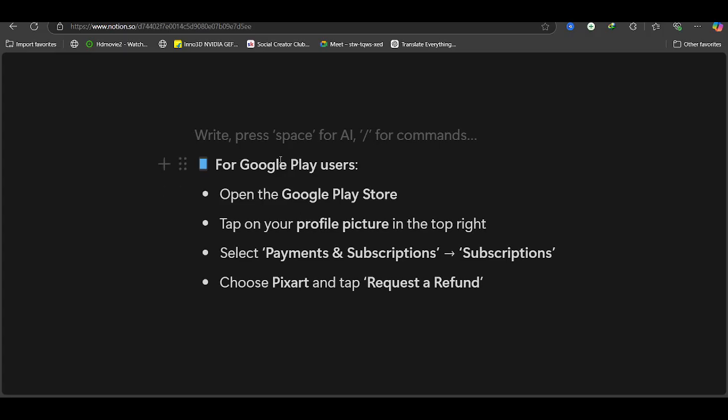But if you are an Android user, you can follow these steps. Open the Google Play Store and tap on your profile picture in the top right corner and select payments and subscriptions. And after that, you need to click on subscriptions, and there you will get to see the Picsart option, and click on that and request a refund. You can do this with the Google Play Store, and you can also go to the Google Help and feedback section,